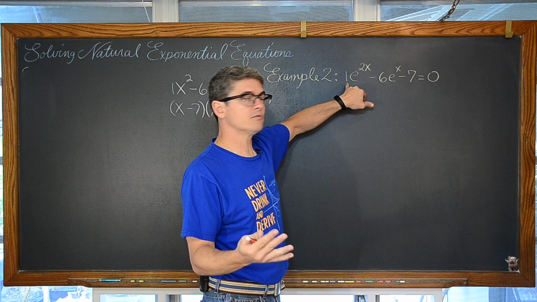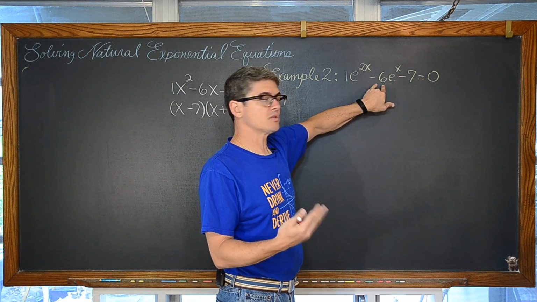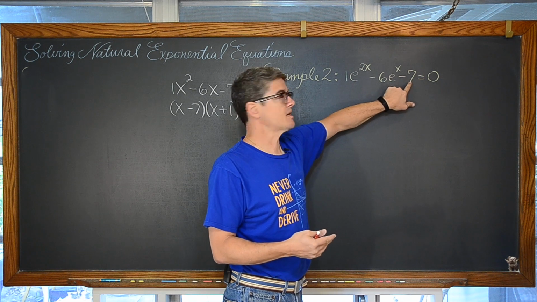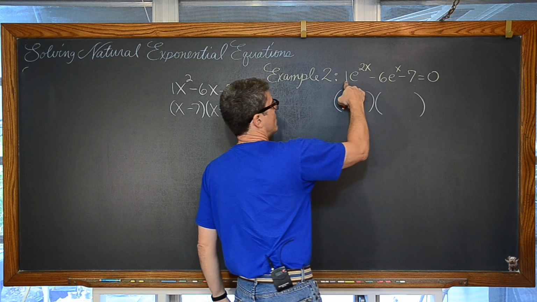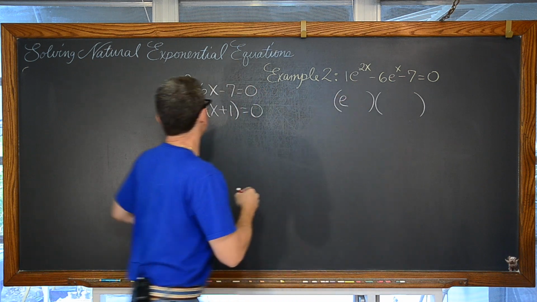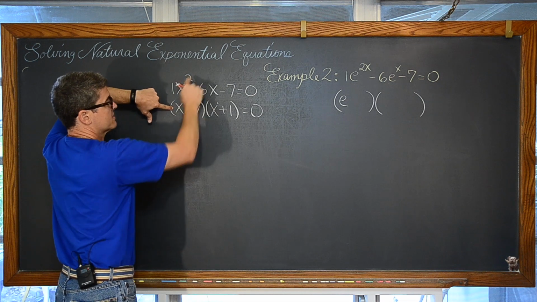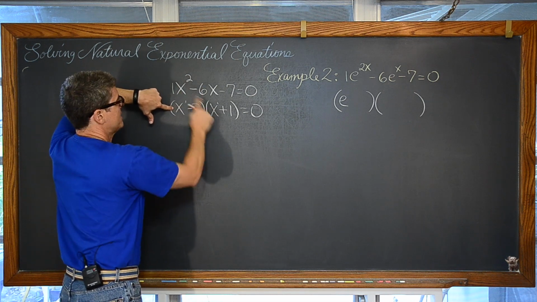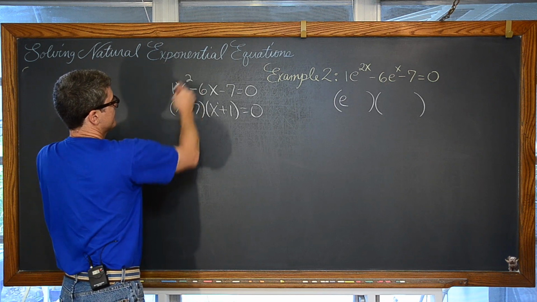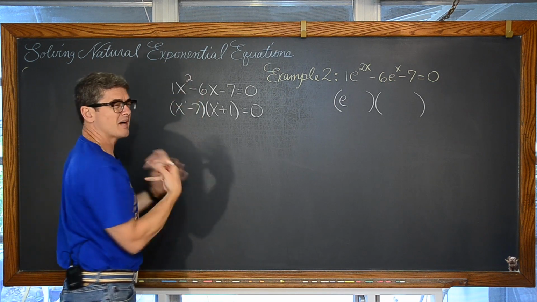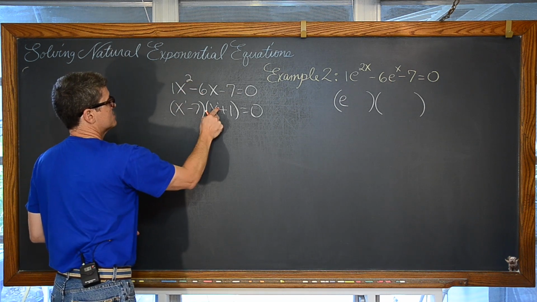We have a coefficient of 1. We have an a, basically. We have sort of a b, a middle coefficient of -6, and we have a constant of -7. So we can factor this as 1e. Now look at here. We have x to the first, right? Because x times x is x squared. So when you multiply like bases, you add the exponents. And kind of in reverse, if you want to think of, well, that's x times x is x squared, I'm kind of square rooting. So when you square root something, you divide that exponent by 2.